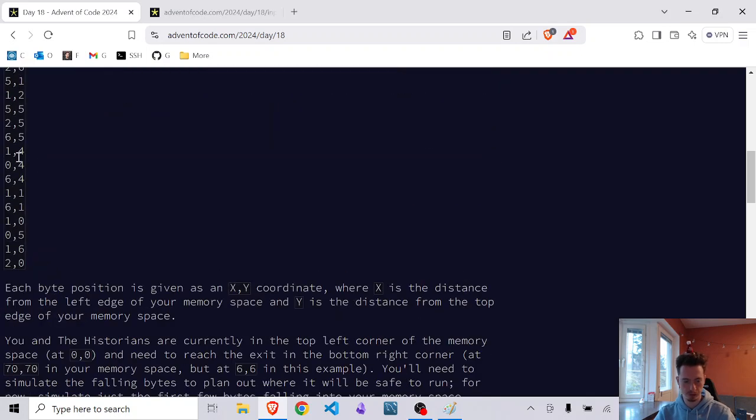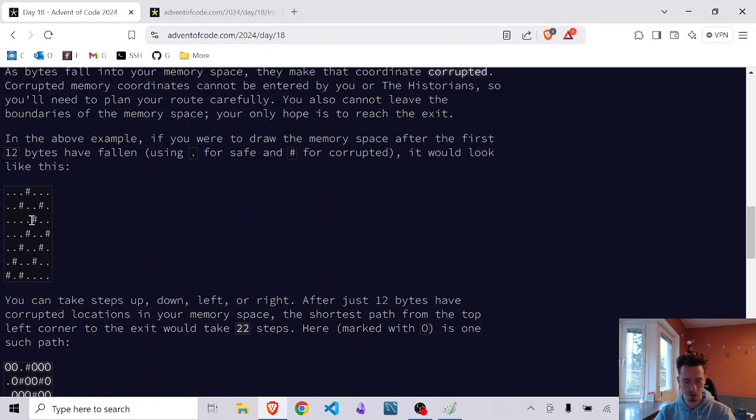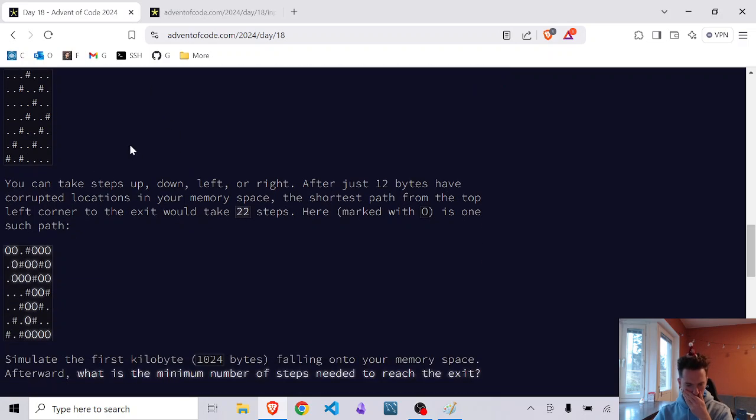And what we do is we take these coordinates up to some amount, so they're taking 12 of them, and adding them one by one to the grid, and they're adding hashtags. And we have to traverse from the top left to the bottom right, and see how many moves it takes without going through the hashtags. They're like walls, sort of like day 16. So we can see that this is the path that we would have taken, and it takes 22 steps with